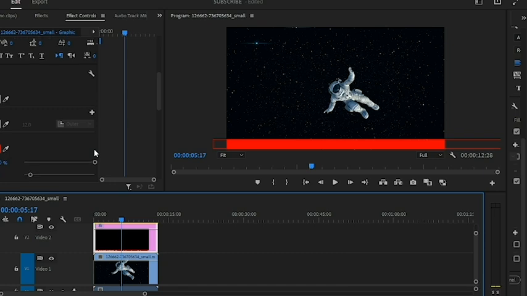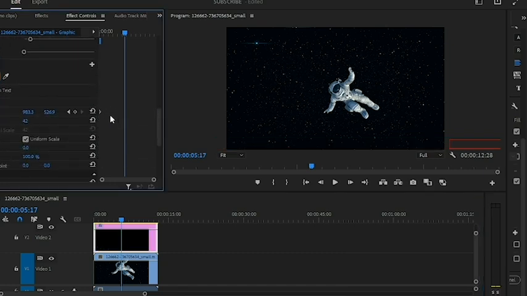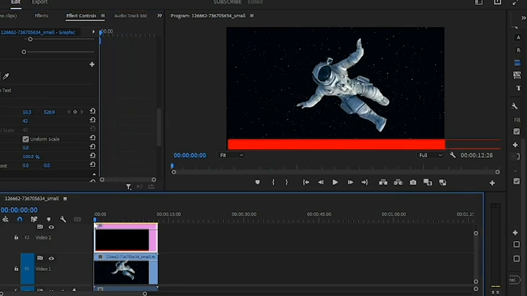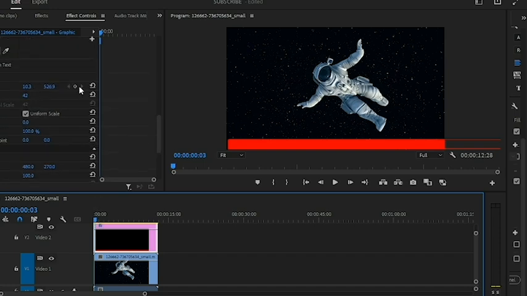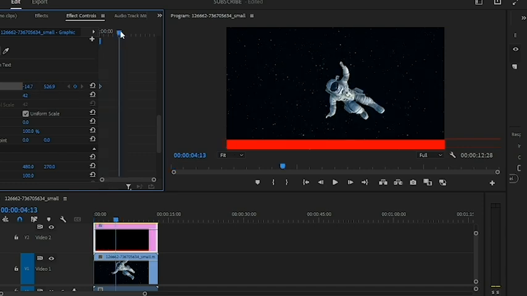So I'm going to head over to position, and then I'm going to get rid of these old keyframes, right? Because I'm redefining it. So I'm going to do this. So I'm going to move my playhead to the beginning of the clip, add a keyframe right here, position it how I want it, and then move my playhead to the end of the clip,